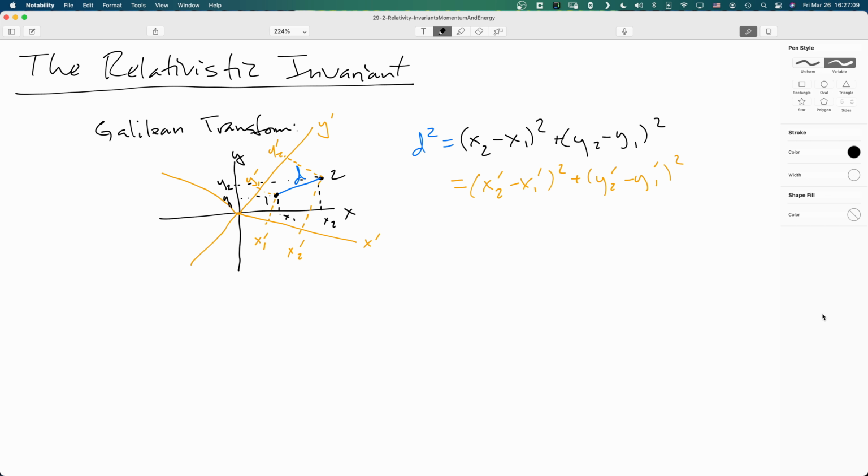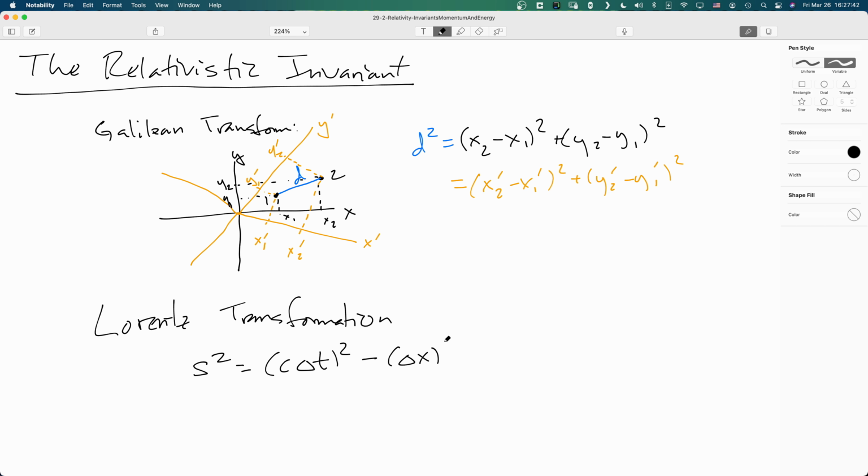So under the Lorentz transformation, the corresponding thing just gets cleverly called the relativistic invariant. In analogy to this d squared, a very common notation, although by no means the only one, is to call it s squared. And this is equal to c delta t squared